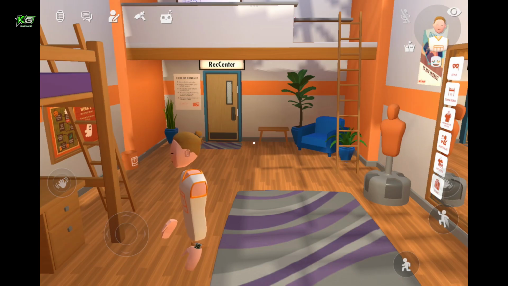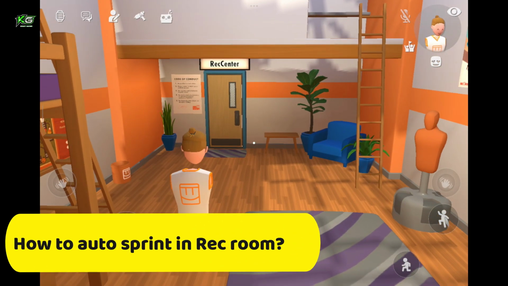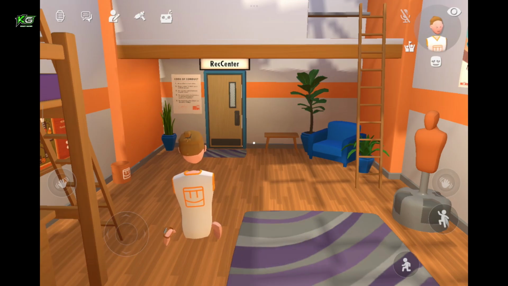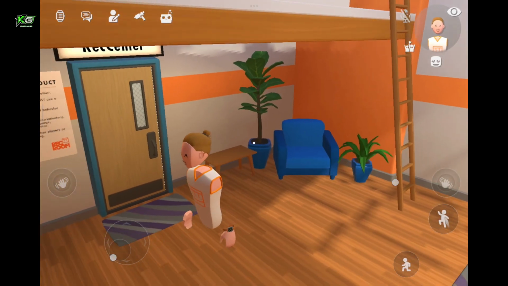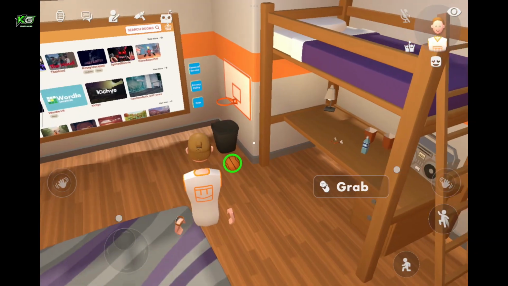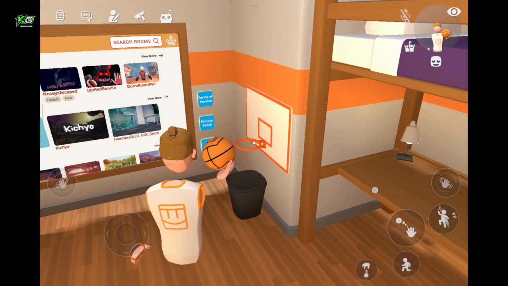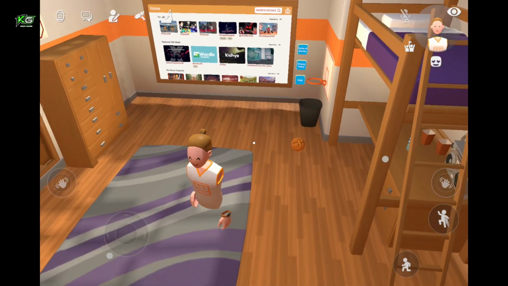Today in this video I'm going to show you how to auto sprint in Rec Room. Auto sprinting makes moving around faster and more convenient so you can enjoy exploring and playing without constantly pressing the sprint button. So in order to enable auto sprint on Rec Room, first of all, go ahead and open